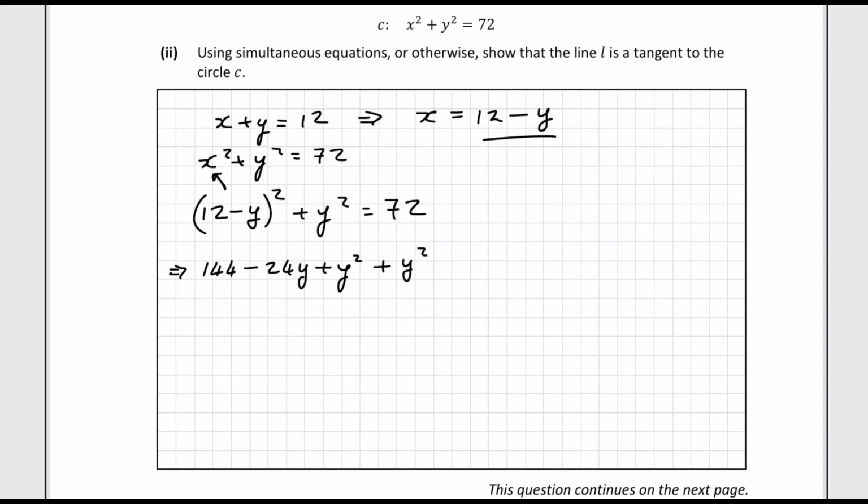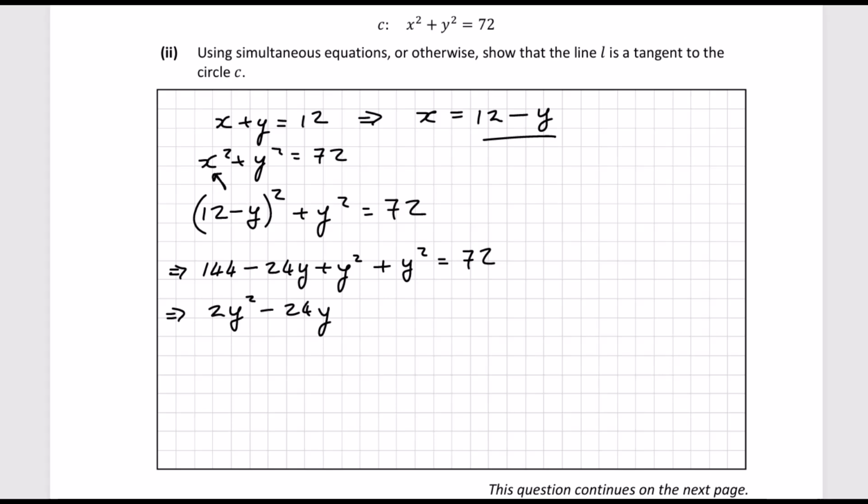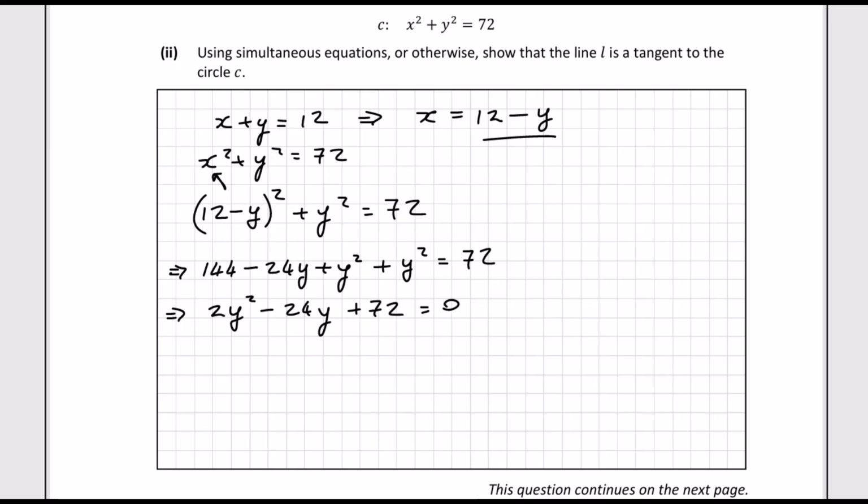We've got another y squared. It's equal to 72. Simplifying that, we get 2y squared. We've got a minus 24y. And then we've got a plus 144. We've got to subtract 72 from the right hand side. So subtract 72 from the left hand side, and you should get 72. So plus 72. Okay, now I can see here I've just got a simple quadratic trinomial that I've got to